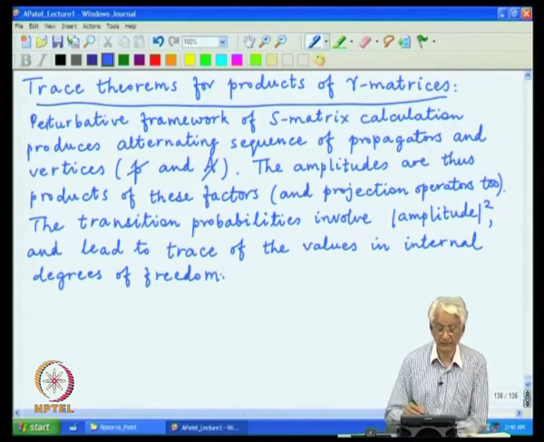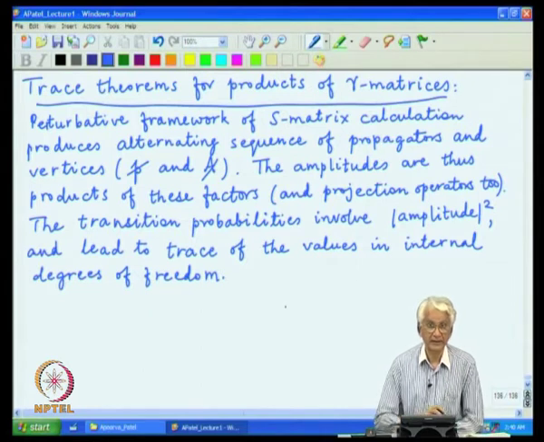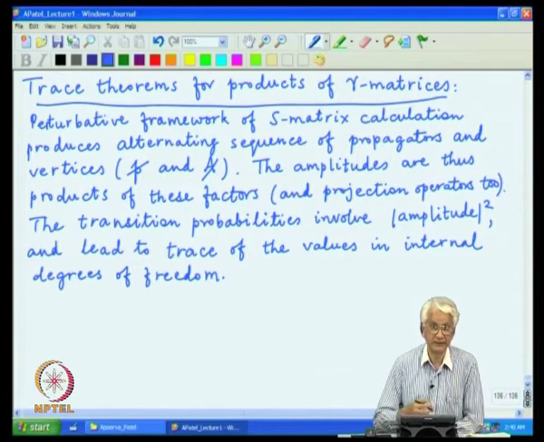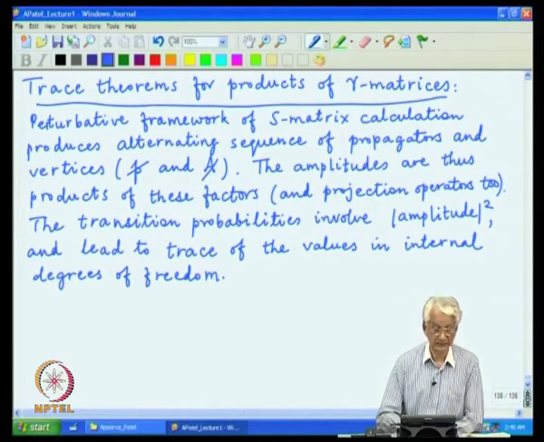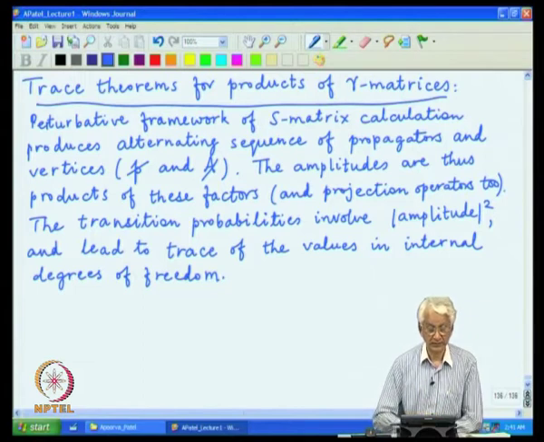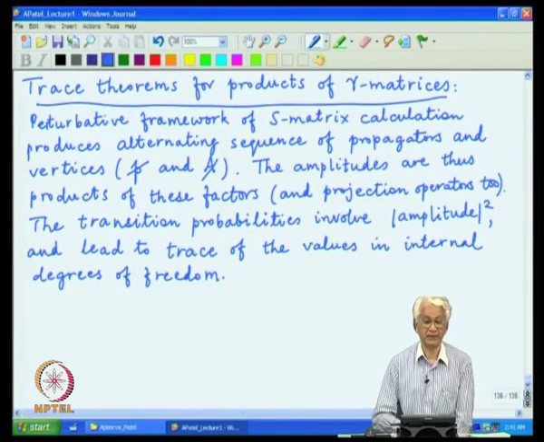So, this is how we will end up getting traces of these products of gamma matrices. We will see explicit examples of these things in several cases, but this is the generic reason behind it, and so we need techniques to multiply gamma matrices with each other and then evaluate the